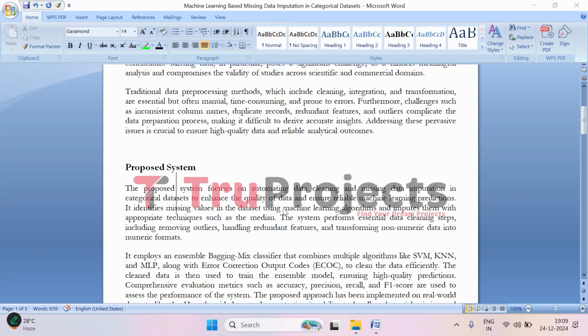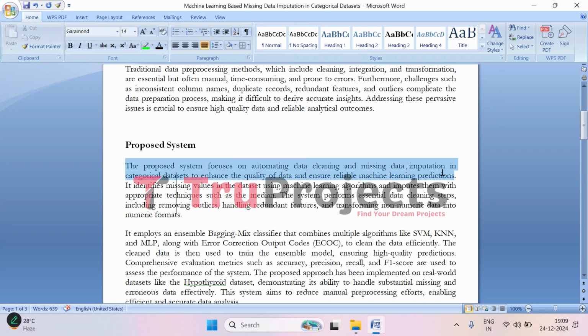So, to overcome all these issues, this project aims to make the process of cleaning and fixing missing data in categorical datasets more automated and efficient. Instead of manually handling missing values, the system uses machine learning algorithms to detect where the data is missing and then fills it using appropriate methods like replacing it with the median value. Along with addressing missing data, it also cleans the dataset by removing any outliers, which are values